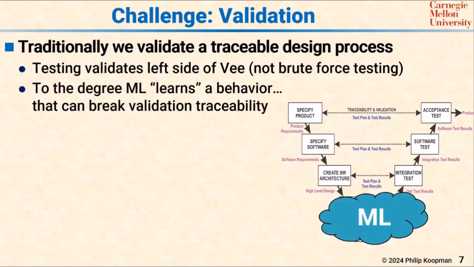But you stick machine learning in at the bottom levels, and you break the causal connection between the left side of the V and the right side of the V. The machine learning just learns some behavior, and who knows what happened? Who knows whether it's implementing the requirements on purpose or just by chance? Now there are lots of techniques you can apply here, but in the naive application of machine learning, you just get a result and you have no idea why it works. You have actually no idea what it does until you try it out.